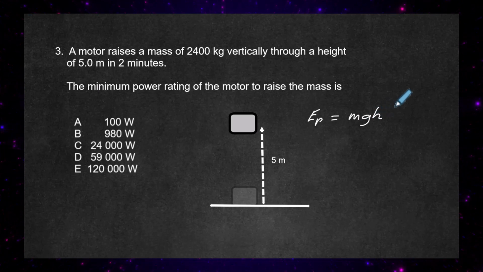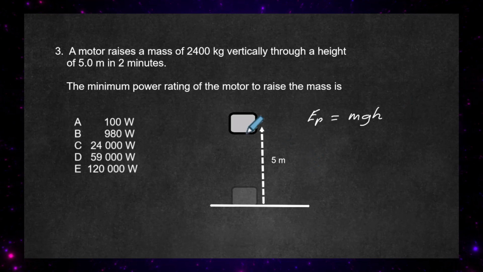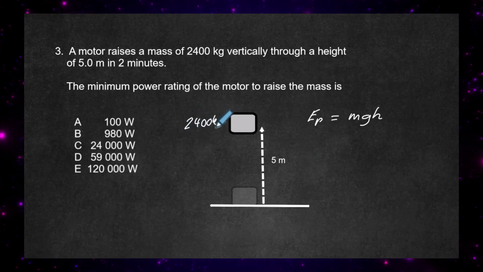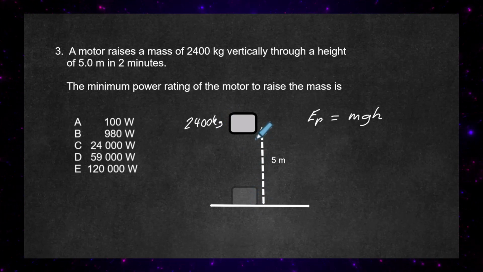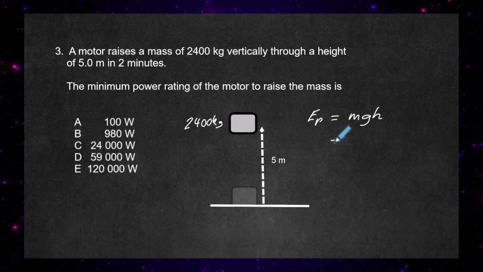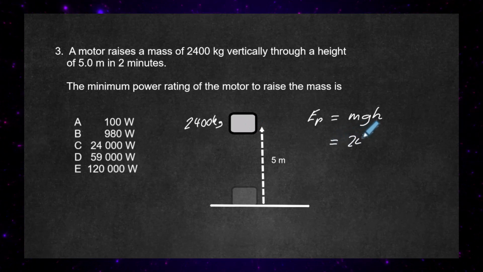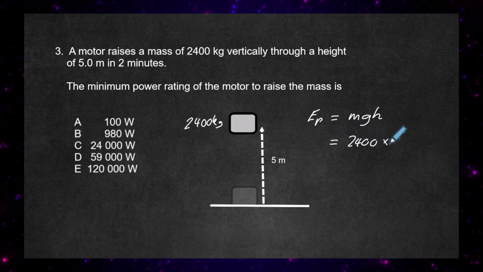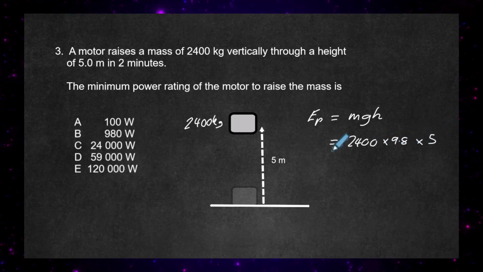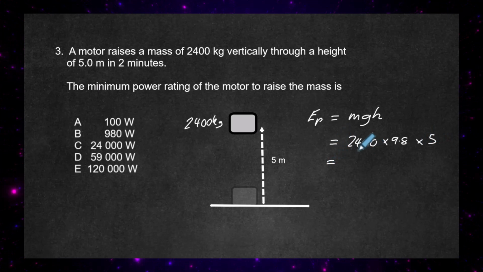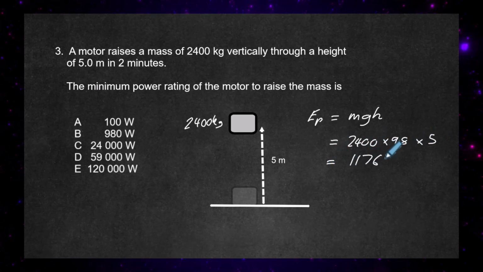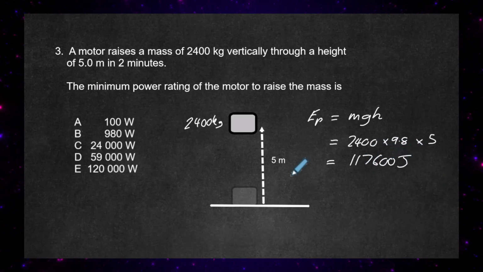Now we know the mass of the block. The mass of the block is going to be 2,400 kilograms. Therefore, we're lifting 2,400 kilograms up against gravity. We're giving it potential energy, and that potential energy at that point is going to be 2,400 kilograms times 9.8 multiplied by the height it was lifted up, which is 5 metres. So we do that with a calculator, we get 117600 joules. So we've given that block